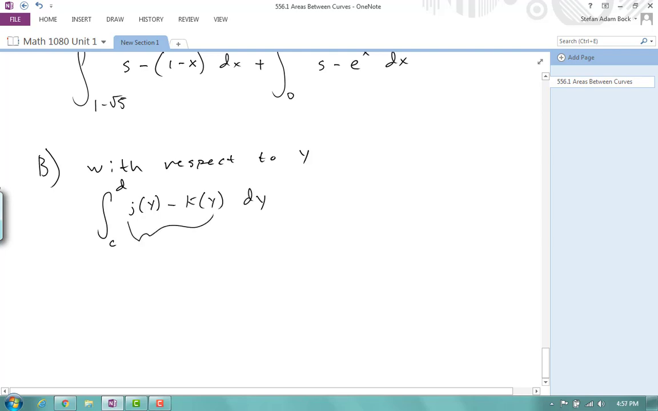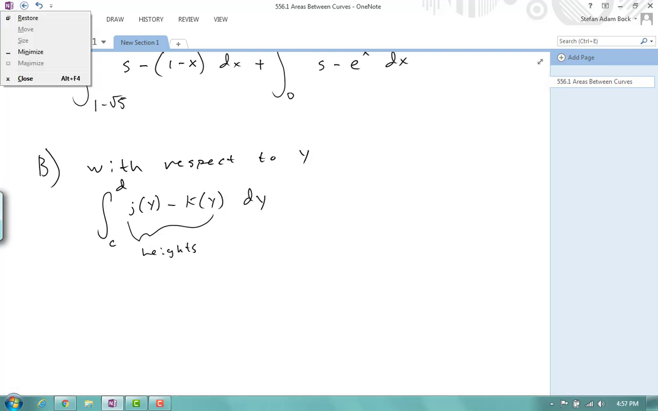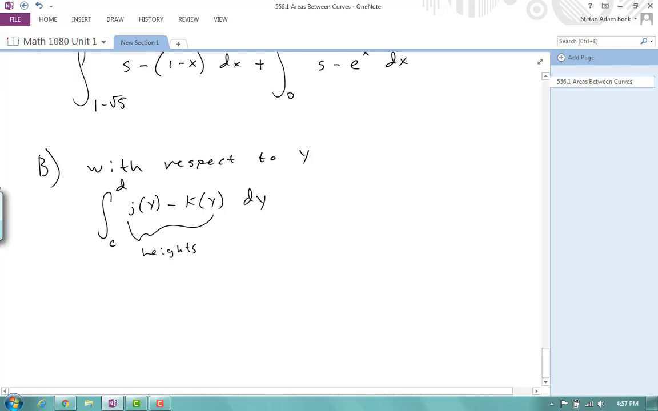And so these are going to be the heights of my rectangles, but I'm going to be looking at my picture sideways. So the one that goes first is going to be the one with the higher x value, instead of a function of x with a higher y value. So I have an f of x equal to,